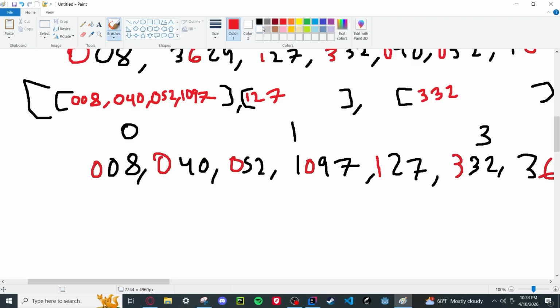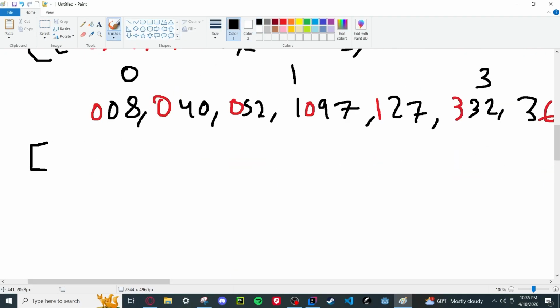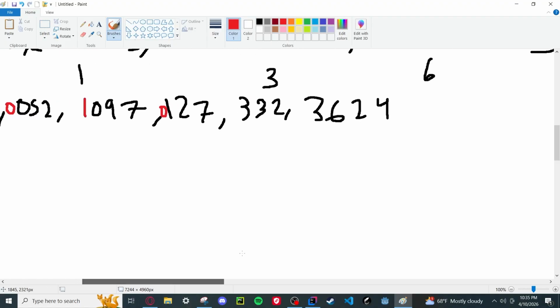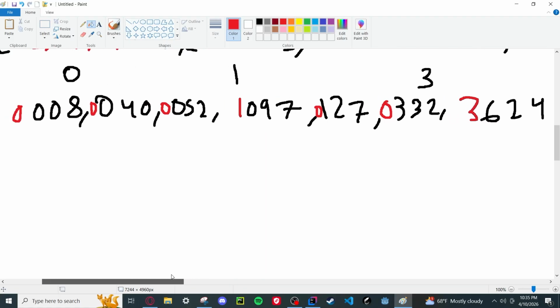And now we're going to go to our last iteration. We're just going to be looking at everything from the thousands place. So we just remove all of the highlighted zeros from all of these. We can focus on the thousands place. That's going to be a 0 here, 0 here, 0 here, a 1 here. This should be 1, and then a 0 here. A 0 here, and then lastly a 3 here. Okay,